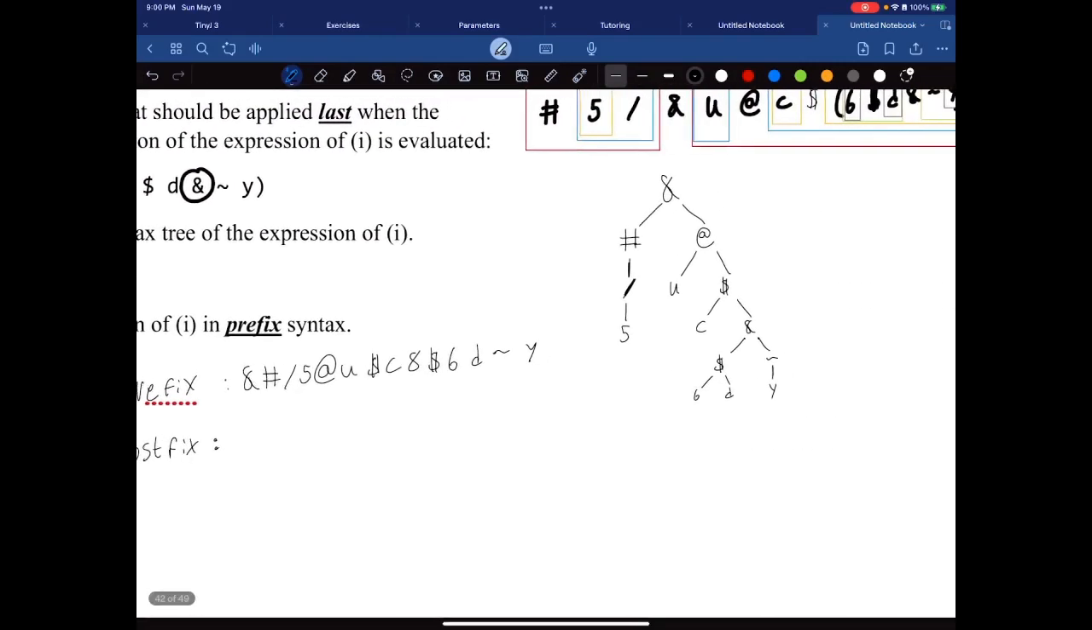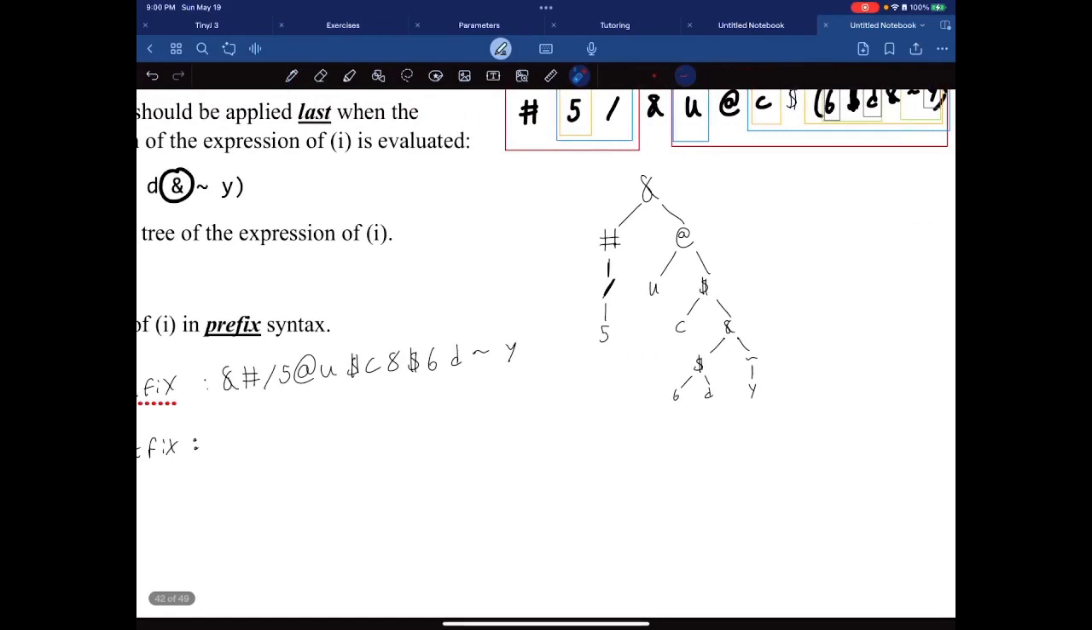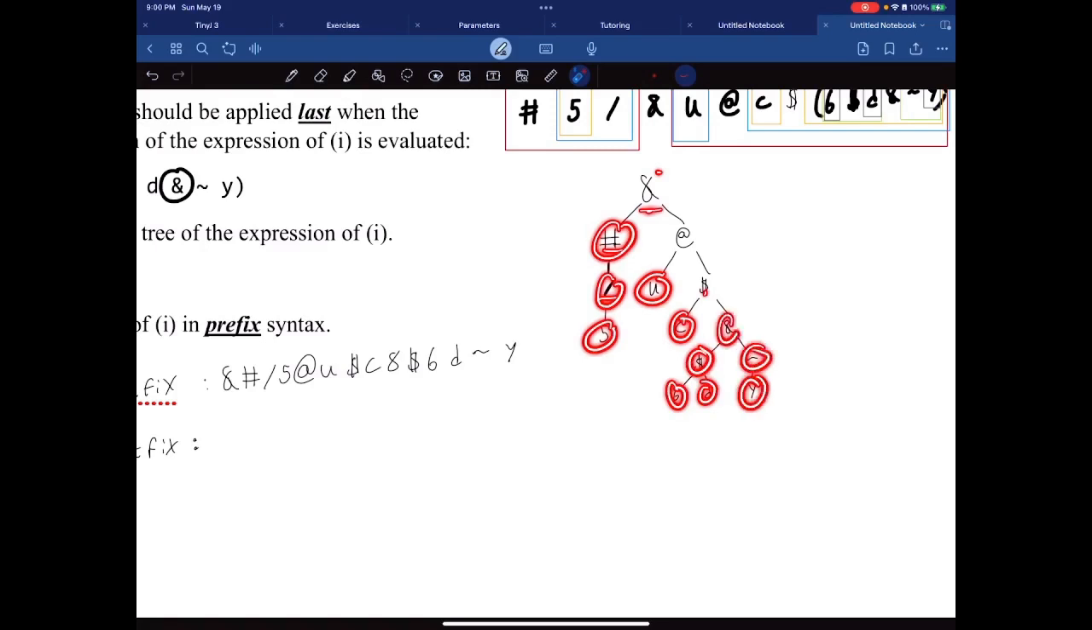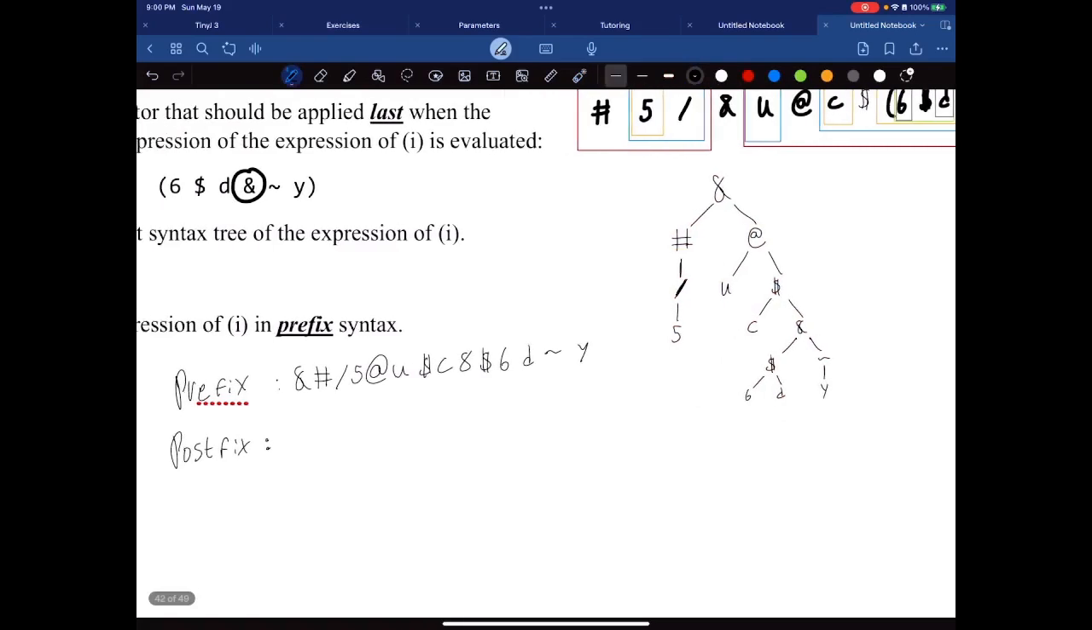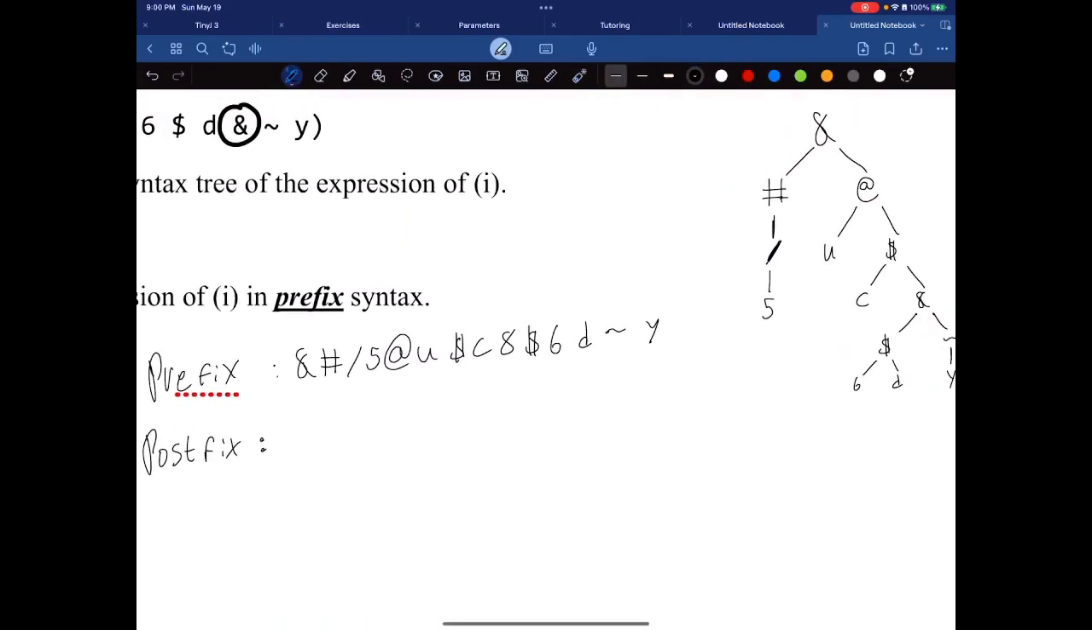Again, postfix syntax is just going to be a post-order traversal. So we're not going to do this one first. So boom, boom, boom, visited, visited, visited, not visited, visited, and that would be a post-order traversal. So again, that would be